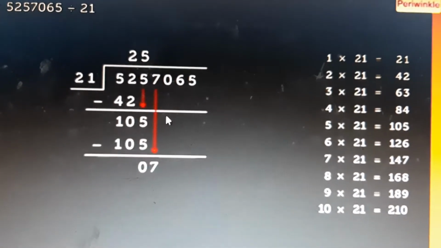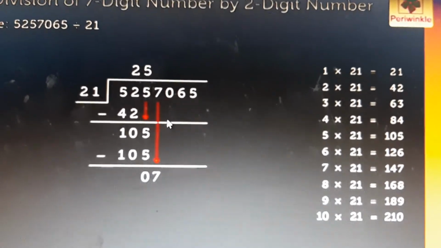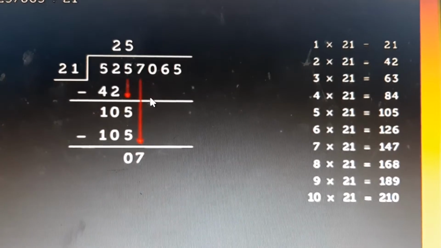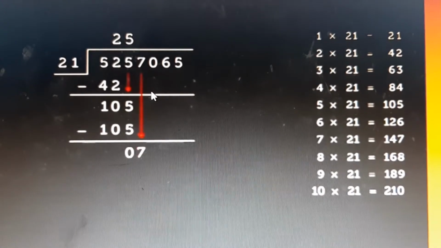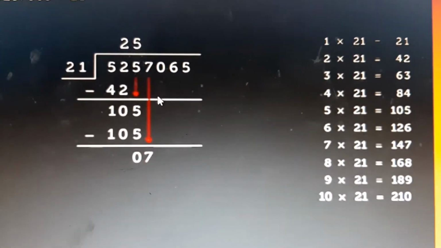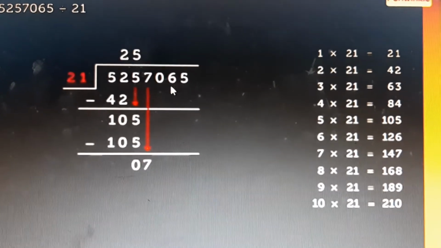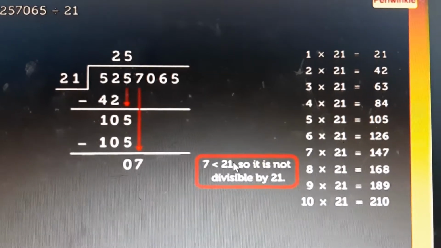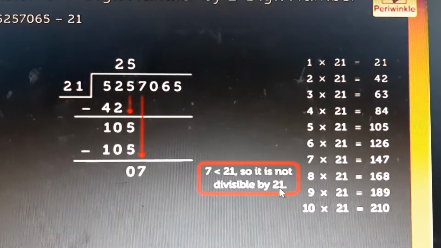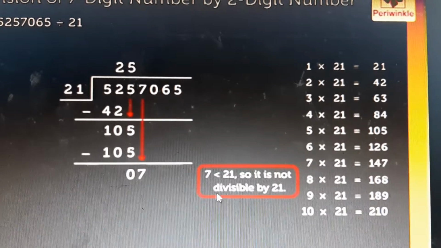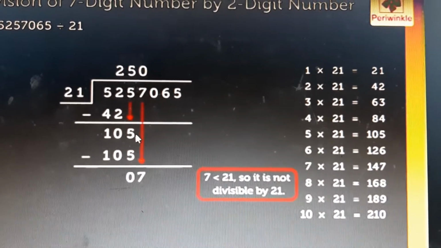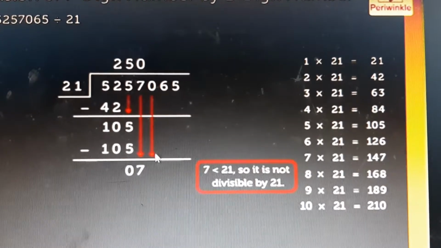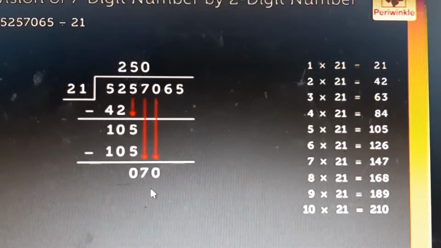Okay, so remember this. There are many cases, even when I correct standard 10 papers also, I find that students forget to put this 0. So I hope you will not make any mistake. So let us continue here. What we will do, we will see here that since 7 is less than 21, it is not divisible by 21. So what do we do? We put a 0 here. See, 0 is added, and then take down the next number. Next number is 0. So now it is fine.